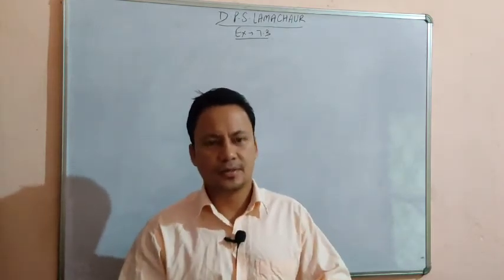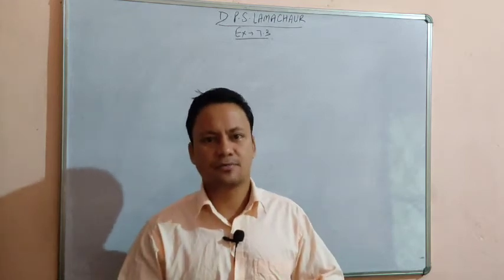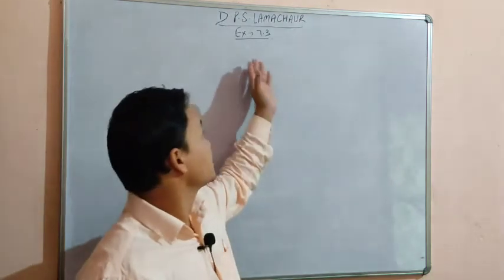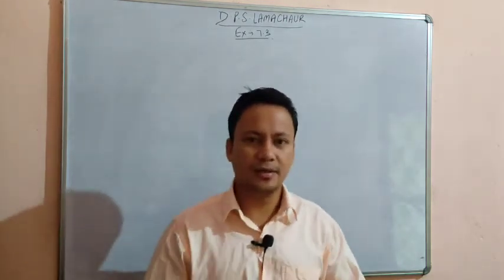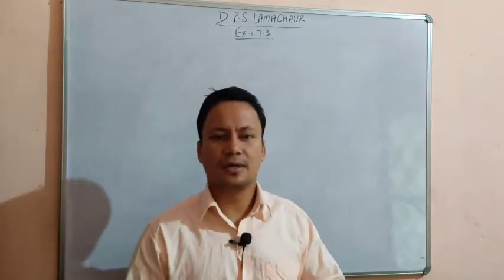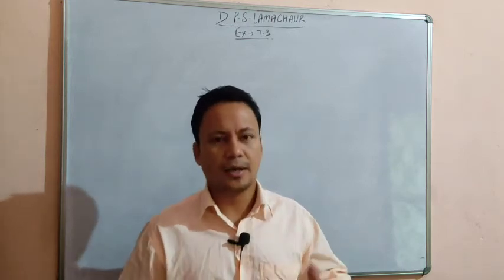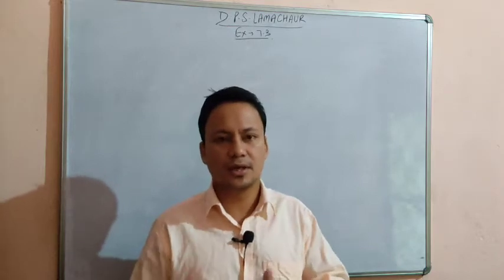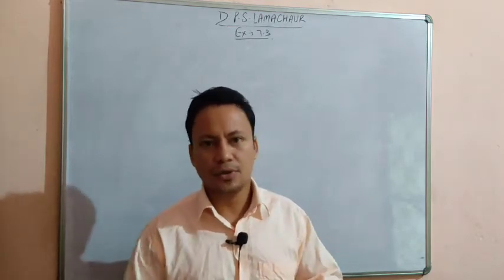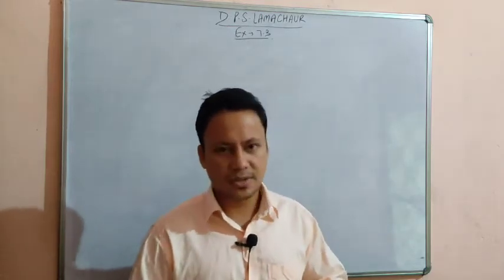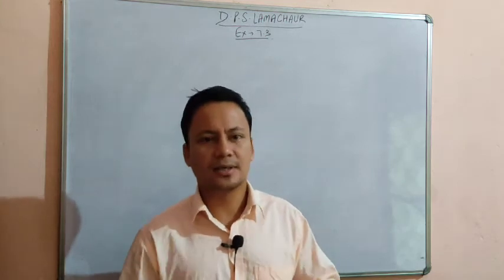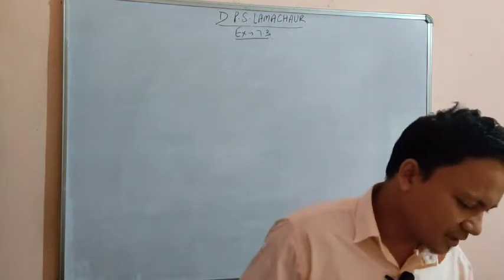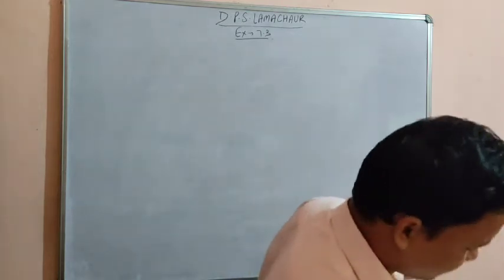So dear student, myself Anil Adhikari, PGT Math from DPS Lamachod, and today we are going to discuss exercise 7.3 of permutation and combination. In my last video I have discussed what is permutation, permutation when all the objects are distinct, and permutation when some objects are of the same kind. So now it's time to go through the questions and apply our knowledge regarding permutation while solving the questions. So let's start from question number first.